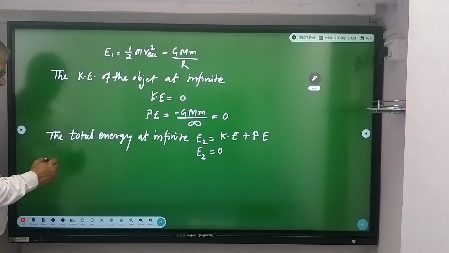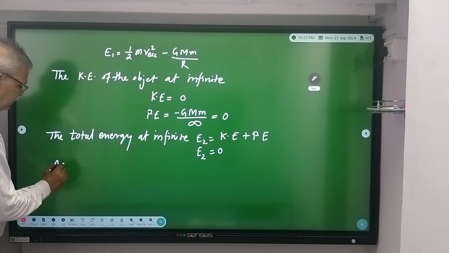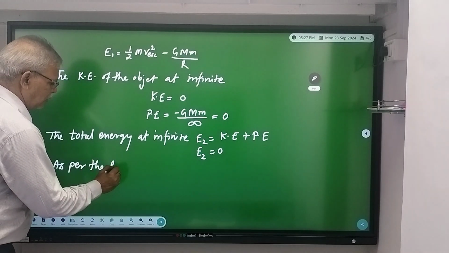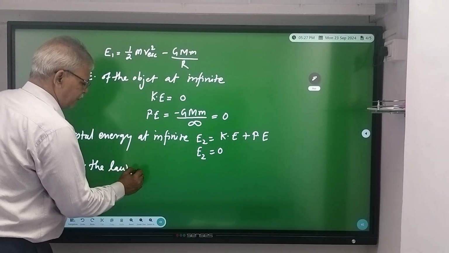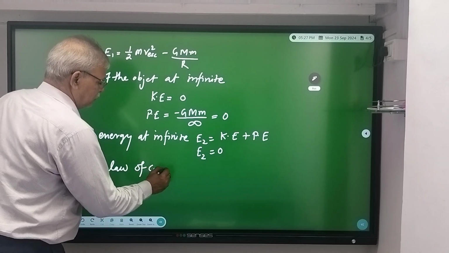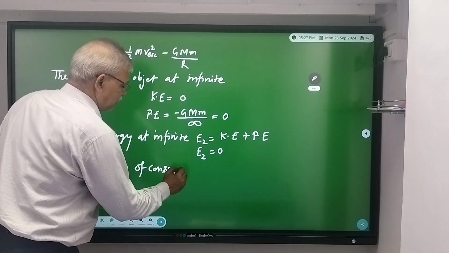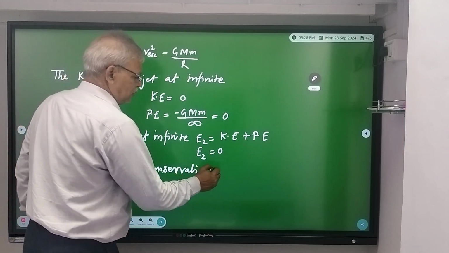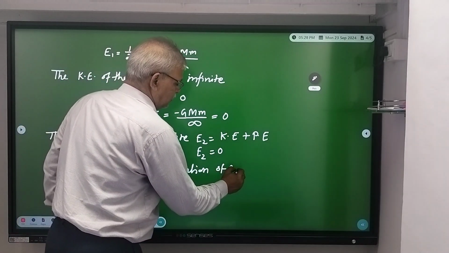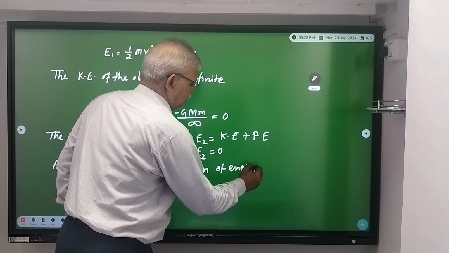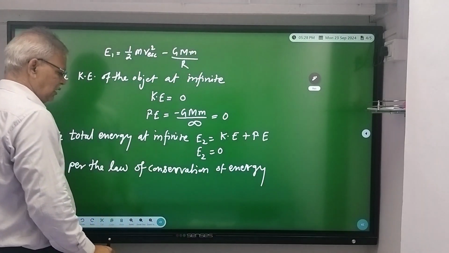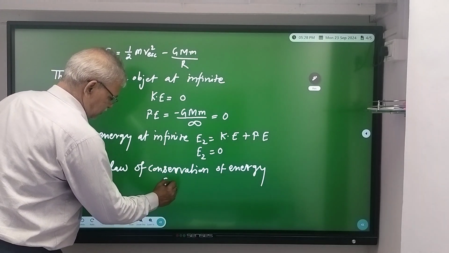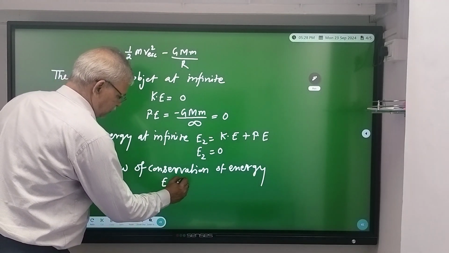But as per the law of conservation of energy,